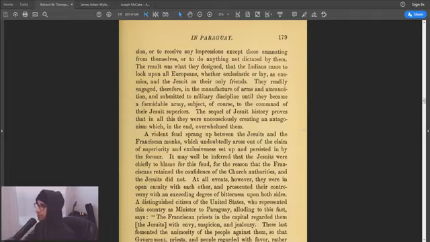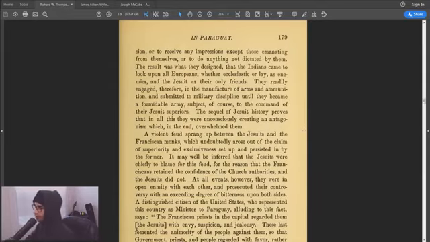That the Indians came to look upon all Europeans, whether ecclesiastic or lay, as enemies, and the Jesuits as their only friends. They readily engaged, therefore, in the manufacture of arms and ammunition and submitted to military discipline until they became a formidable army, subject, of course, to the command of their Jesuit superiors. The sequel of Jesuit history proves that in all this, they were unconsciously creating an antagonism, which, in the end,